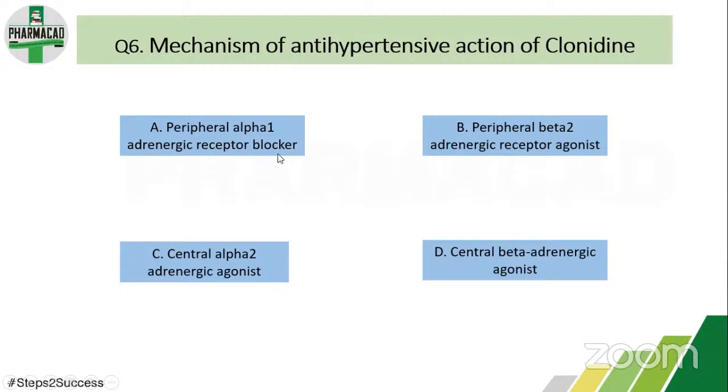The answer for the same would be, firstly, if you eliminate the wrong ones, the eliminated answers would be A, that is peripheral. As we know, clonidine has a central action. So A and B options will get eliminated because clonidine has a central action. Now, to choose between central, that is option C, central alpha 2 adrenergic agonist, or answer D, central beta adrenergic agonist, the answer would be C,